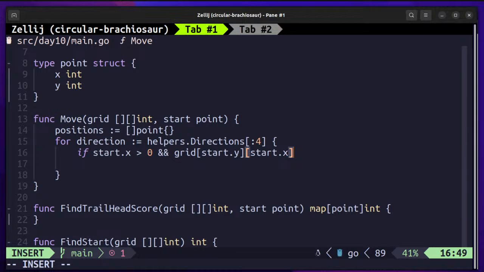so what we can do is, since we are storing an integer, we can just check if the start is